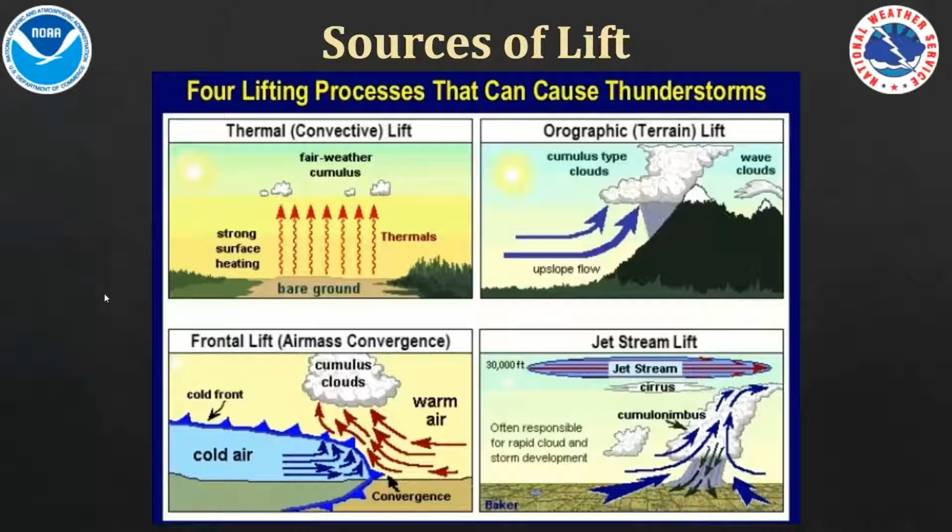Now, what provides the sources of lift? There are generally 4 processes that can cause the lift for thunderstorms, but again, since we're looking at time, I'm mainly going to focus on 2, orographic lift and frontal lift. Across our area, as everybody knows, we have quite a bit of terrain, quite a few mountains, and the terrain can cause lift that can generate thunderstorms. Upslope flow on the windward side of the mountains is enough to generate thunderstorms, and the air mass is lifted